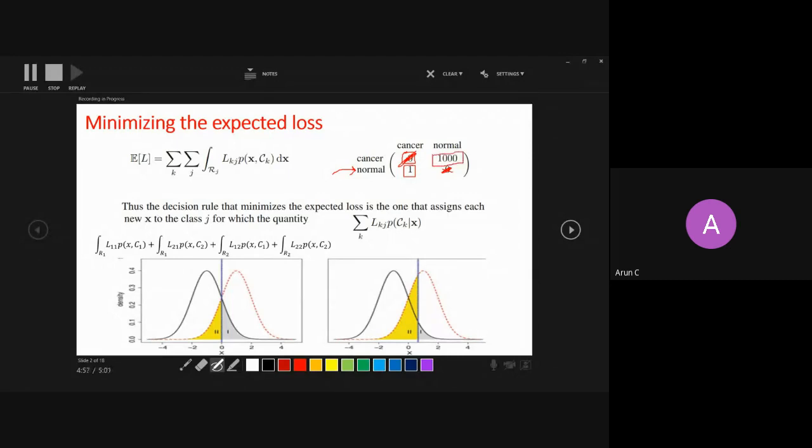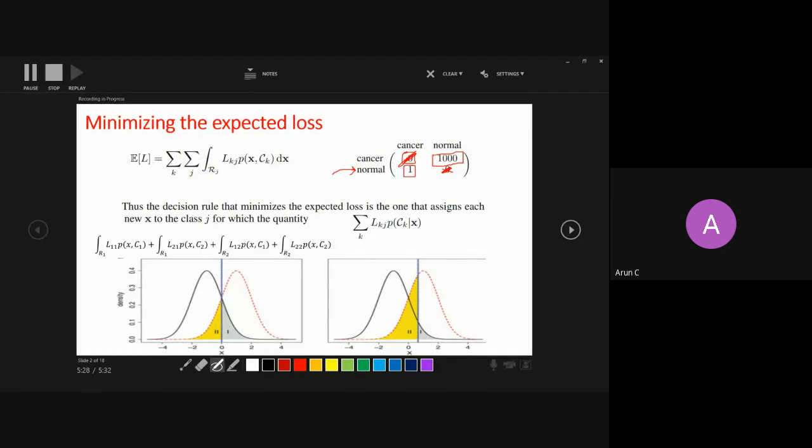Because if a person suffering from cancer goes to the hospital, the test says he's normal, he comes back happy and does his routine activities, and things get worse and worse day by day. Later, at the last stage, he will get to know that he has cancer and there is no recovery point at that time. So we don't want this situation. It is okay to accept that a normal person is declared as cancer, but it is not at all acceptable that a cancer person is declared as normal.